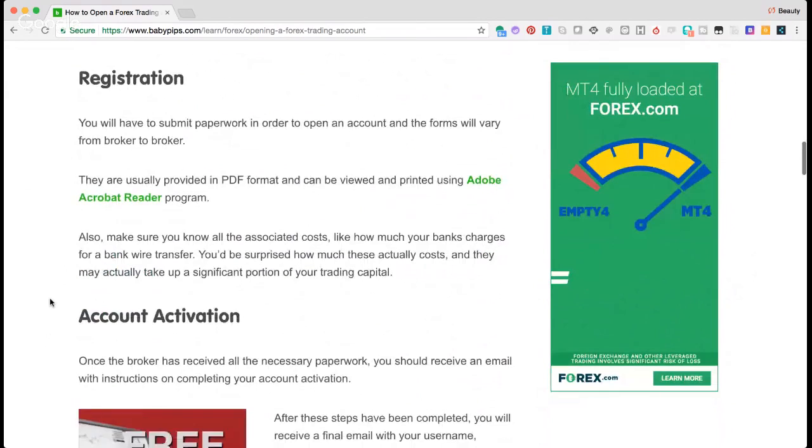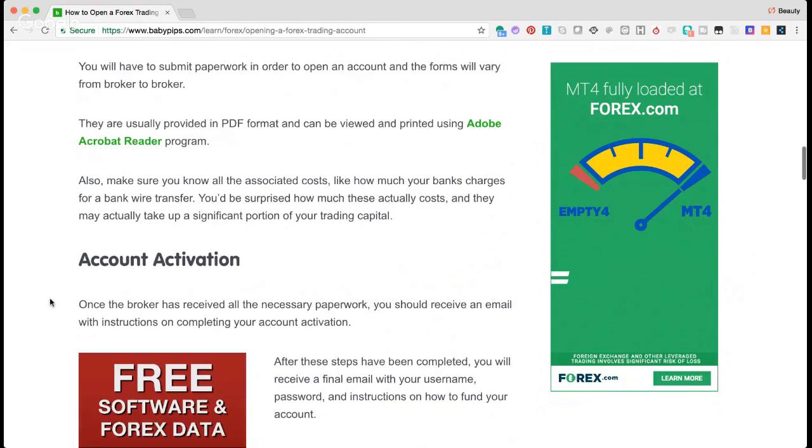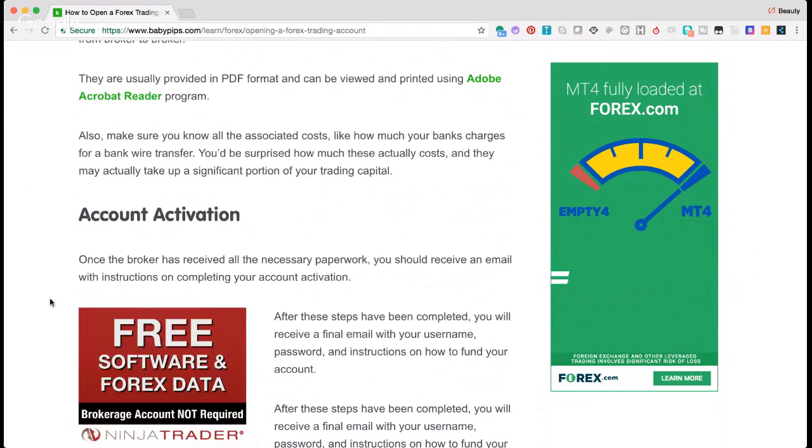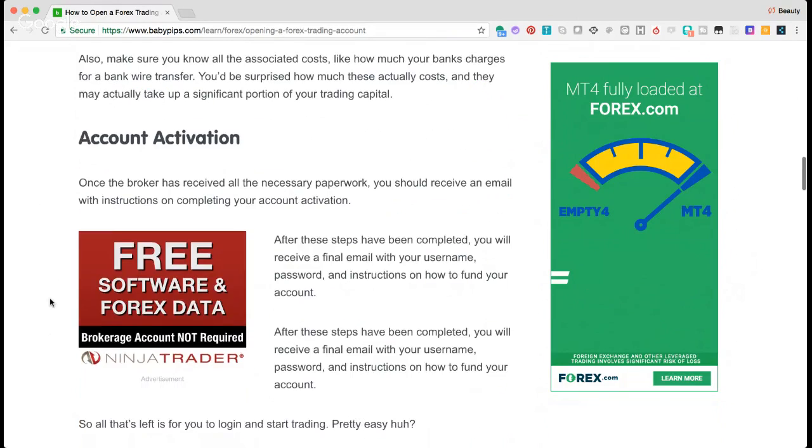Registration. You will have to submit paperwork in order to open an account, and the forms will vary from broker to broker. They are usually provided in PDF format and can be viewed and printed using the Adobe Acrobat Reader program. Also, make sure you know all the associated costs, like how much your bank charges for a bank wire transfer. You'd be surprised how much these actually cost, and they may actually take up a significant portion of your trading